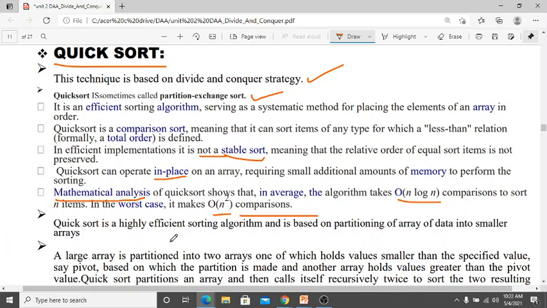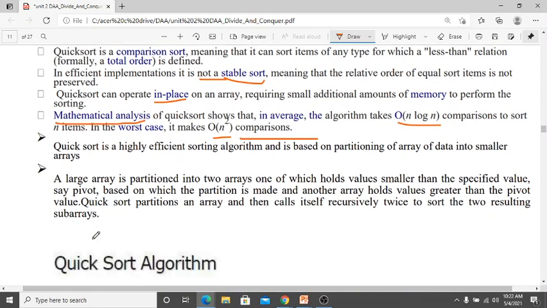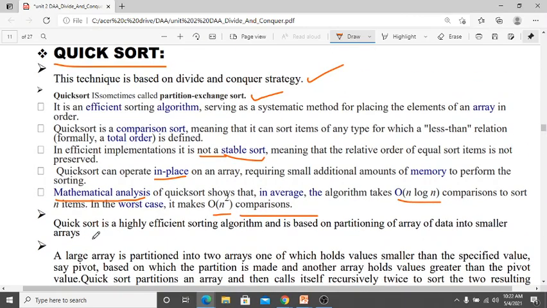Quicksort is a highly efficient sorting algorithm and is based on partitioning of an array of data into smaller arrays. Quicksort is also known as partition exchange sort.